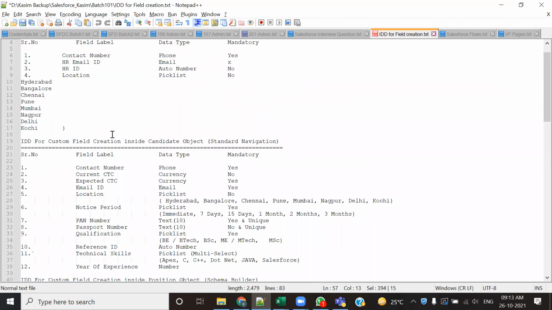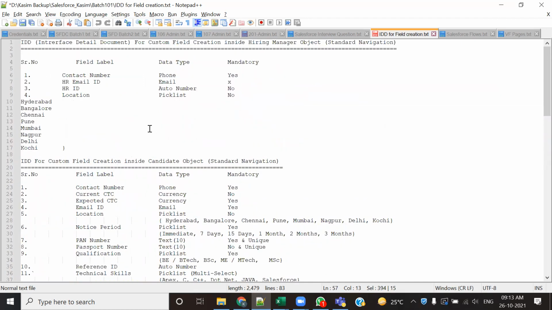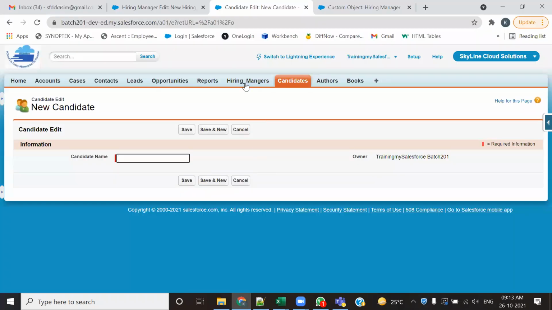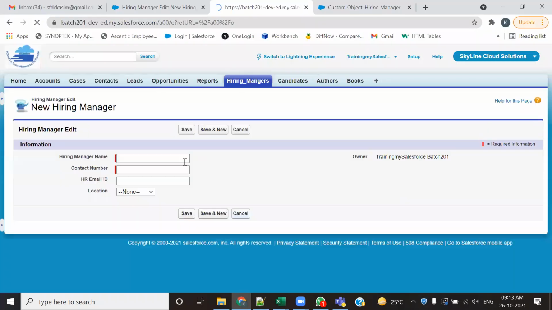चलो, by today we are going to stop it over here. अगर आप चाहें, ये मैं डॉक्यूमेंट आईडीडी आज शेयर कर देता हूँ। I am going to share this by today in the drive, आप वहां से डाउनलोड कर सकते हो इसको, and at least create the fields inside the हायरिंग मैनेजर ऑब्जेक्ट के अंदर इतनी फील्ड्स क्रिएट करके रख लो आज के आज। कल हम इसके आगे देखते हैं।